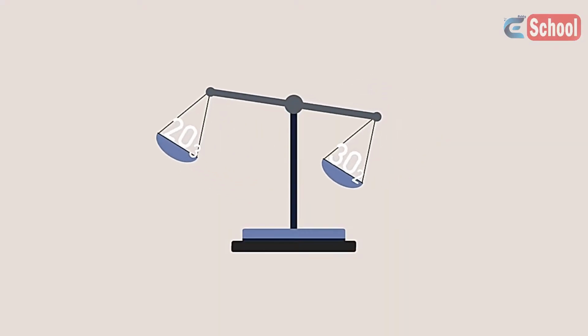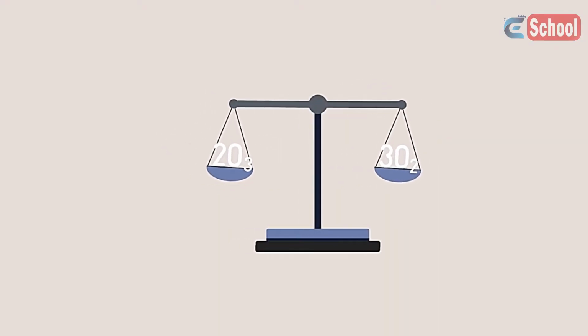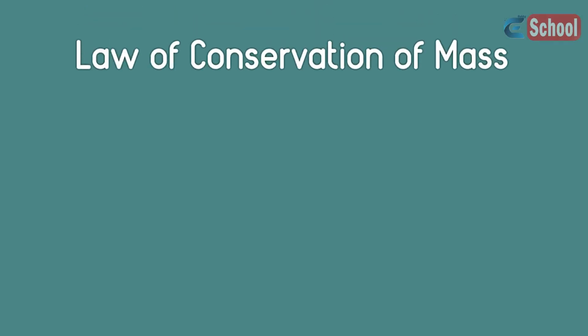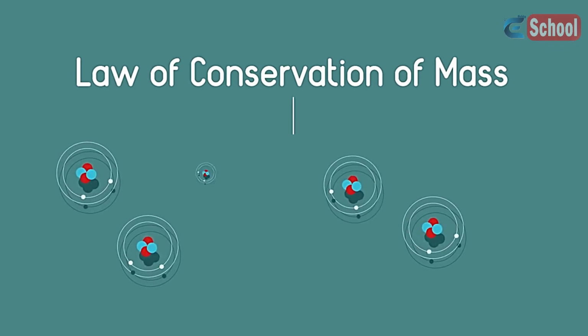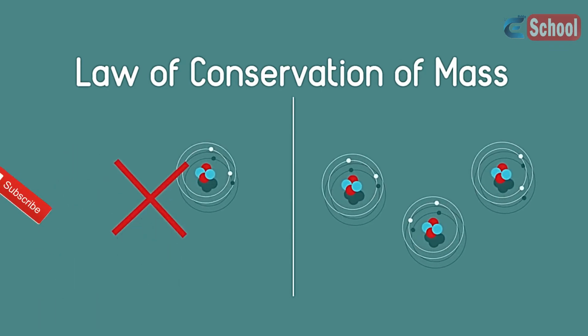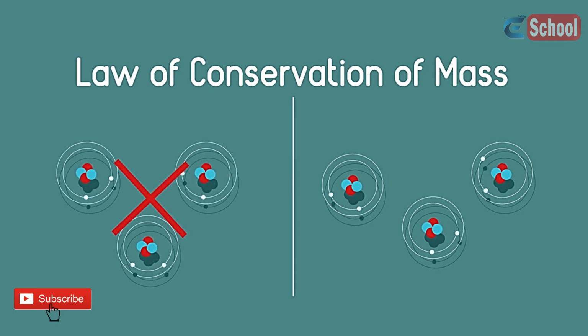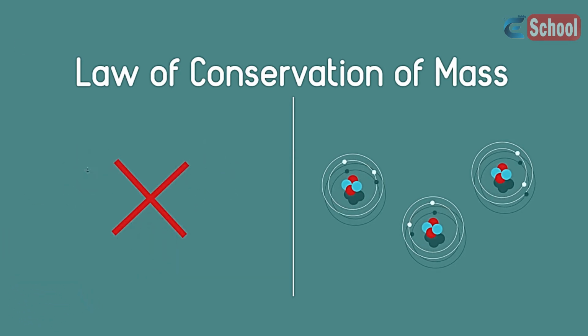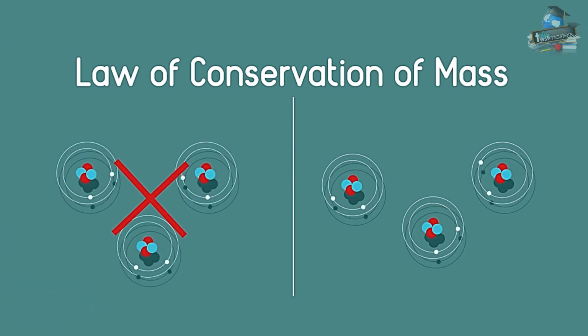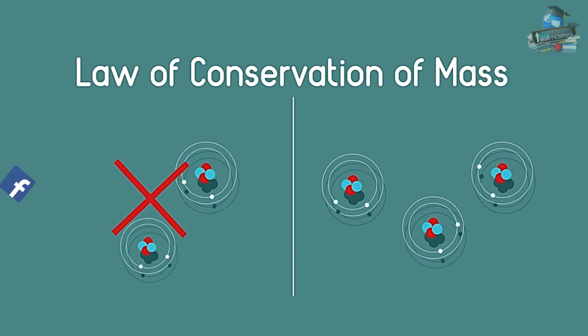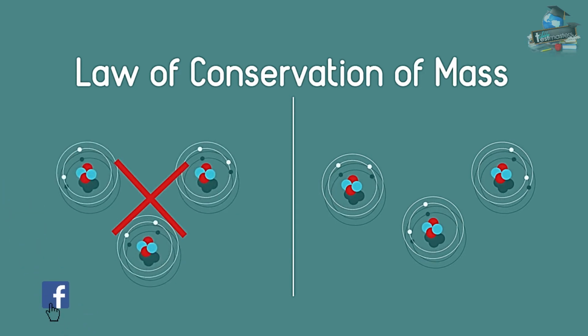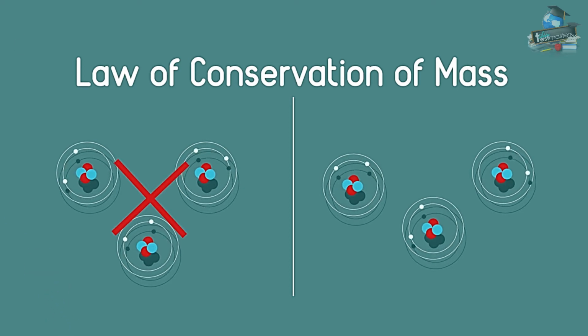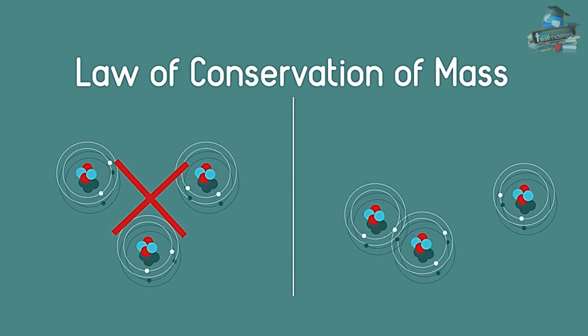In this video, you're going to learn how to balance chemical equations. The law of conservation of mass states that no atoms are lost or made during a chemical reaction. They cannot be made from nothing, and they cannot vanish into nothing. If you don't believe me, you try making an atom from nothing. The number of each kind of atom remains the same during a chemical reaction, even though they might arrange themselves